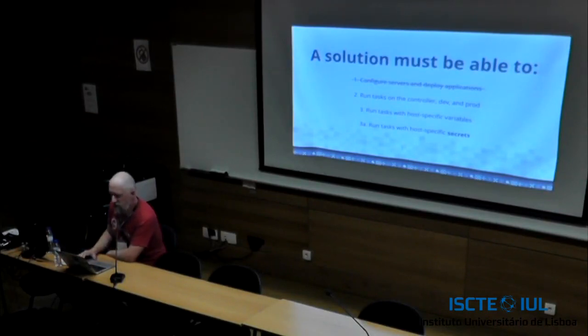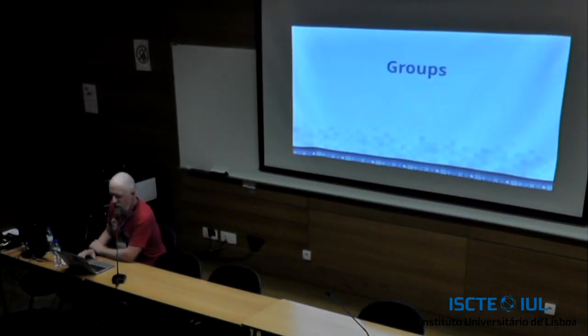So that's going to take us to point 2, where we have to be able to run the tasks on different hosts separately. And the Ansible feature that enables that is called groups, where we just define which hosts the tasks will run on and which hosts the playbook actually even knows about in the first place. And again, like with tags, we've got a command line switch that we can use to specify where we want something to run.